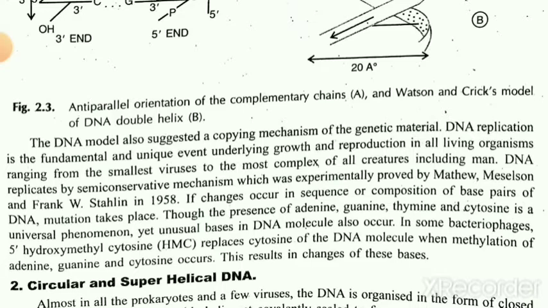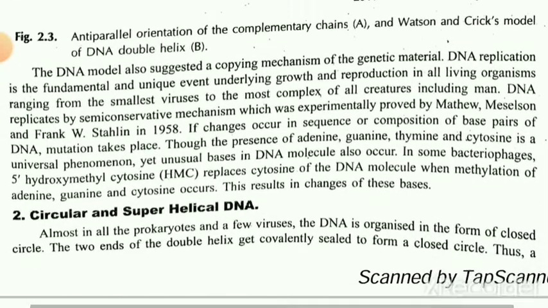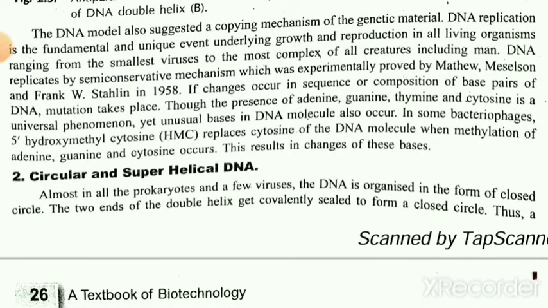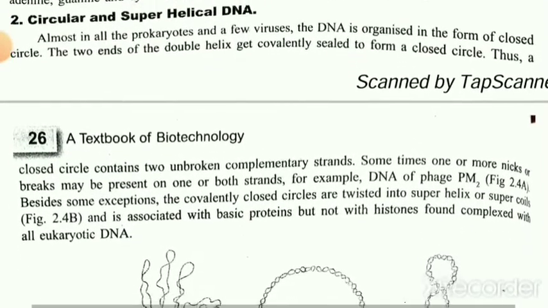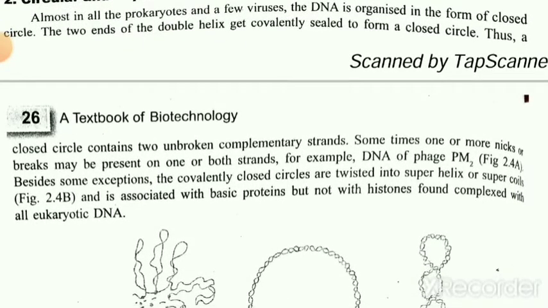2. Circular and superhelical DNA. Almost in all the prokaryotes and a few viruses, the DNA is organized in the form of a closed circle. The two ends of the double helix get covalently sealed to form a closed circle. Thus, a closed circle contains two unbroken complementary strands. Sometimes one or more nicks or breaks may be present on one or both strands, for example, DNA of phage